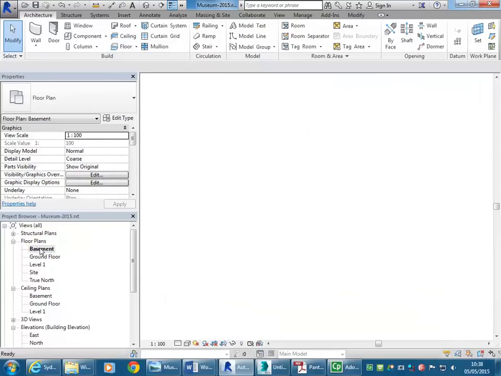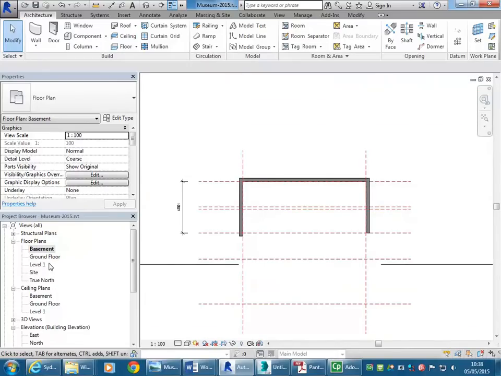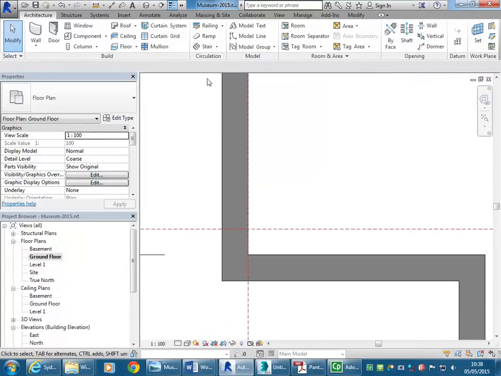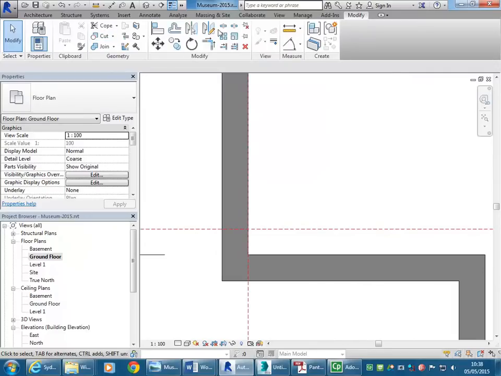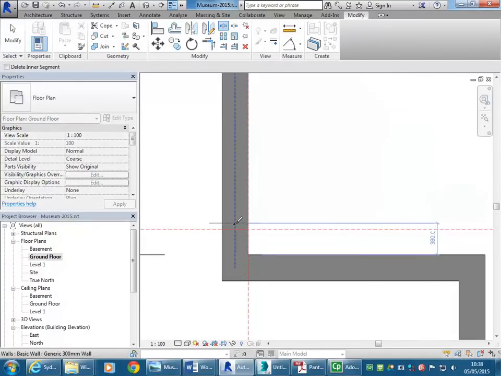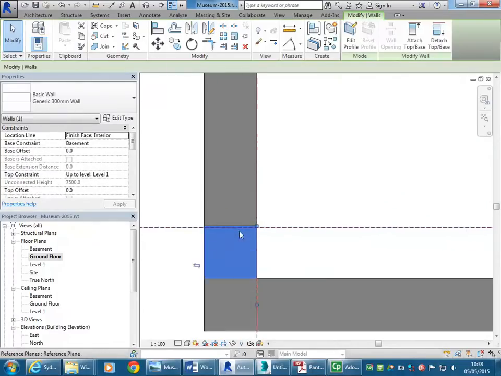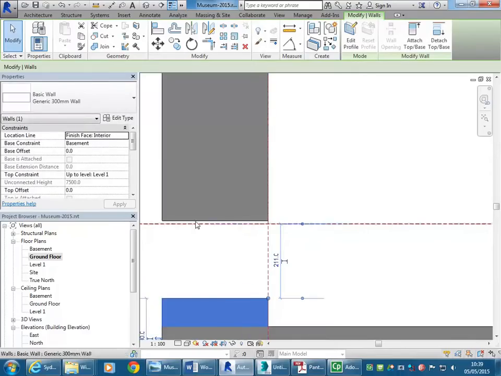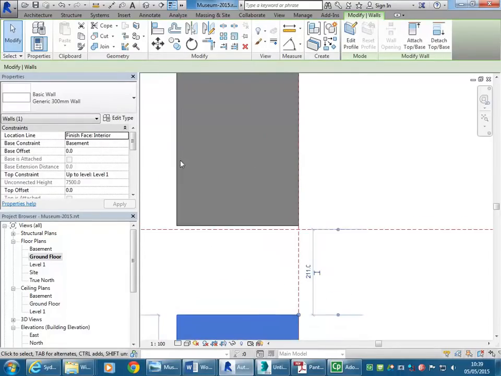So yep, I'll do it in the same way. There's an easier way, but I'll just do it the same way. So using split, I'll break this wall roughly where the reference plane is, and then stretch this one away so that it's not going to automatically rejoin itself to the one above. Bring this one down exactly to the reference plane,